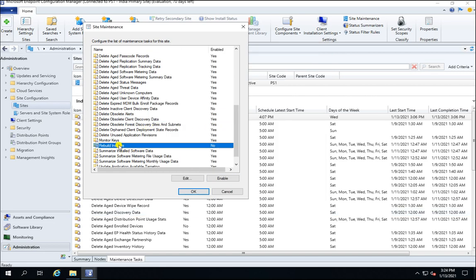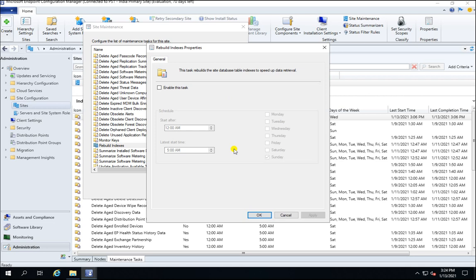And this is rebuild indexes. This is also a very important task, where your index is rebuilt in the SQL database. This task is needed when you want to rebuild the indexes or tables in the SQL database, it's a kind of maintenance.